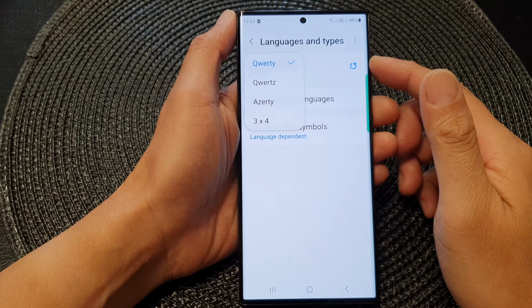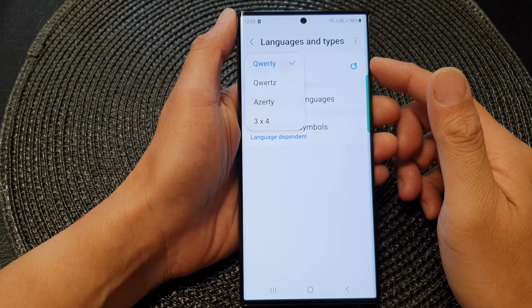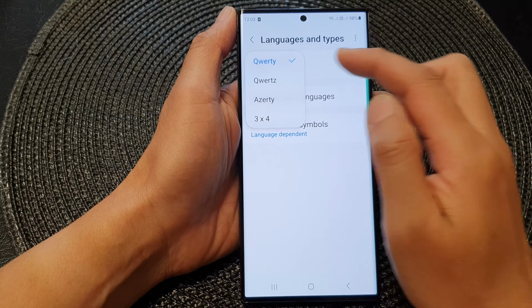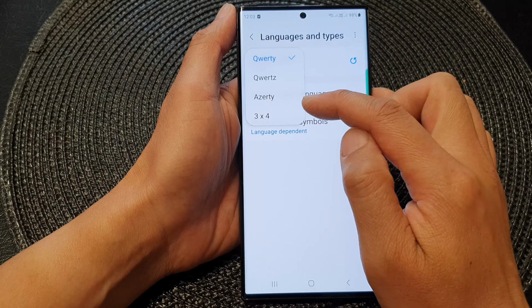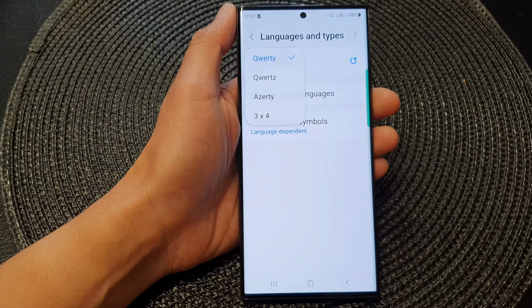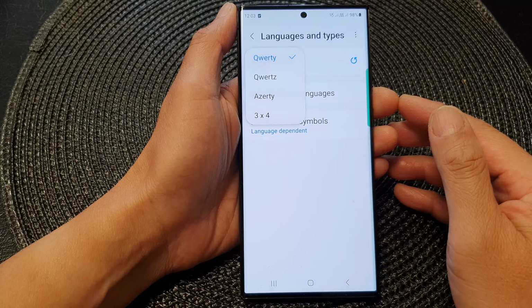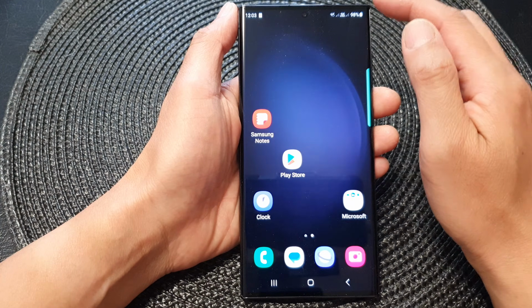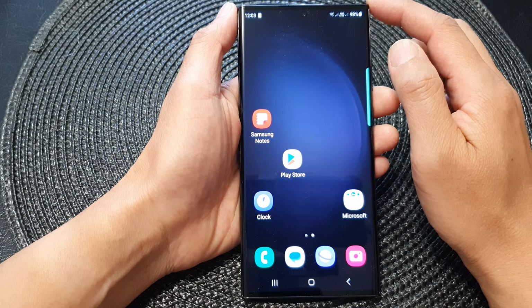Hey guys, in this video we're going to take a look at how you can change the keyboard layout to Qwerty, Qwertz, Azerty or 3x4 on the Samsung Galaxy S23 series. First, tap on the home button to go back to the home screen, and from the home screen swipe down